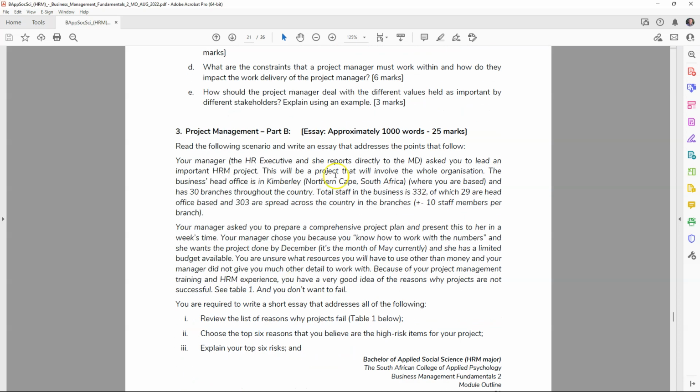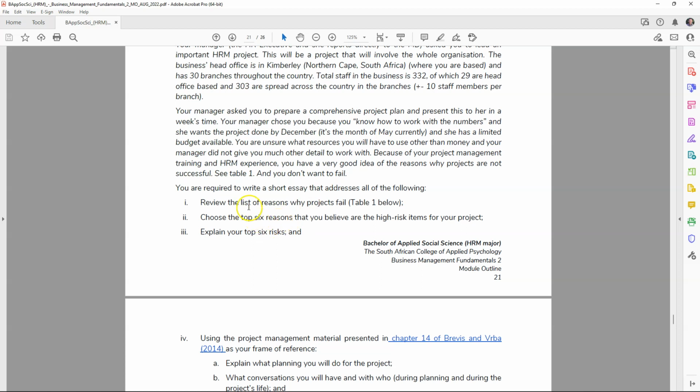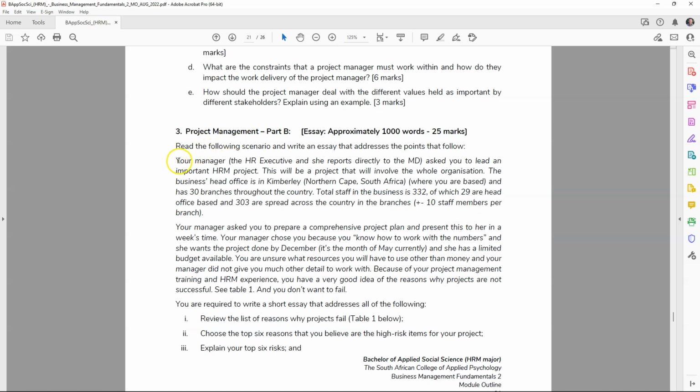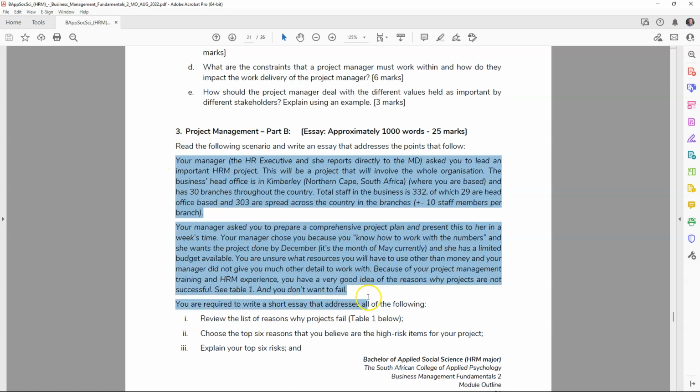Okay, and then the B of the case study, again I'm emphasizing you need to speak to the case study. So review the list of reasons why projects fail, and then choose the top 6 reasons that you believe are the high-risk items for your project. So based on this case study, within that context, what are your 6 risks?